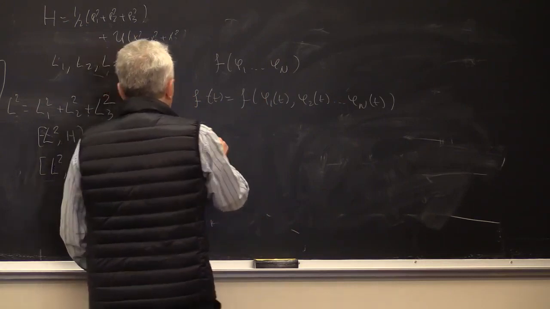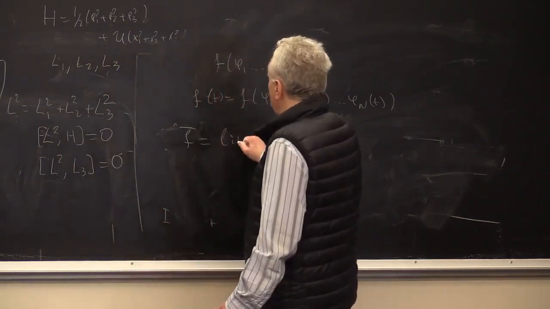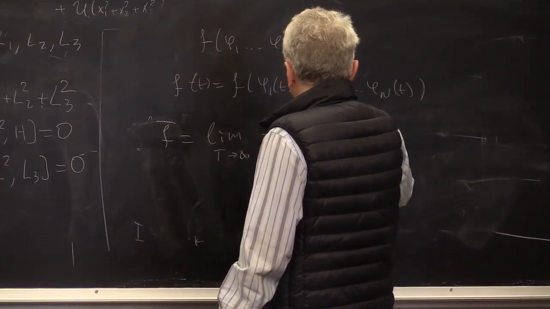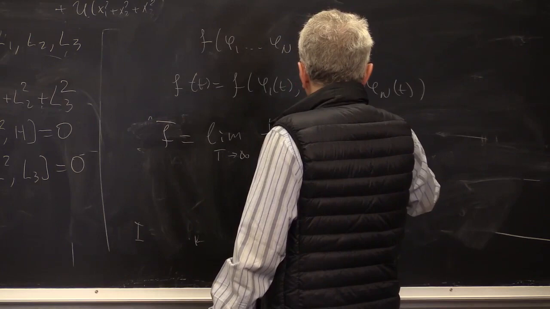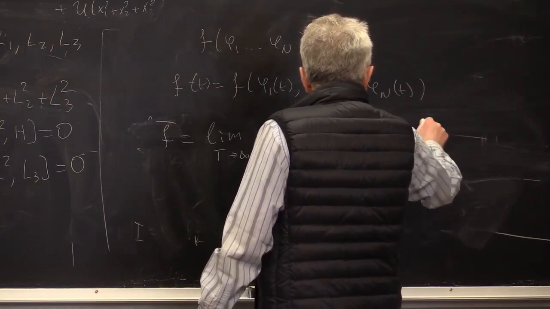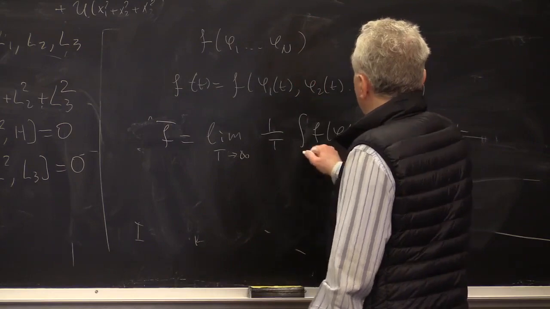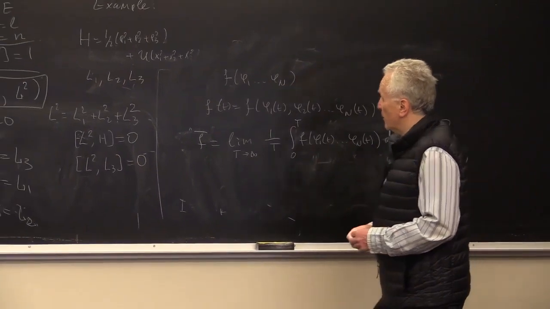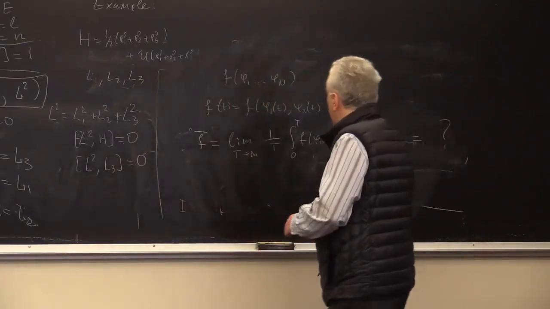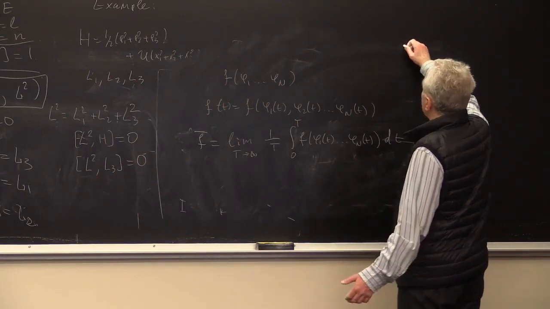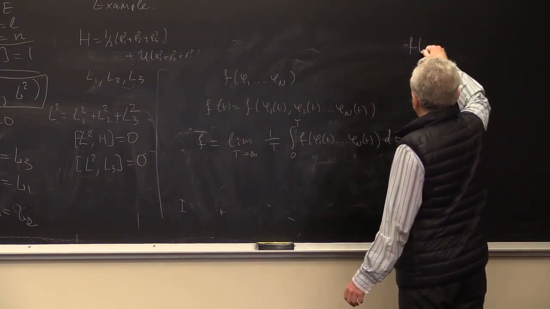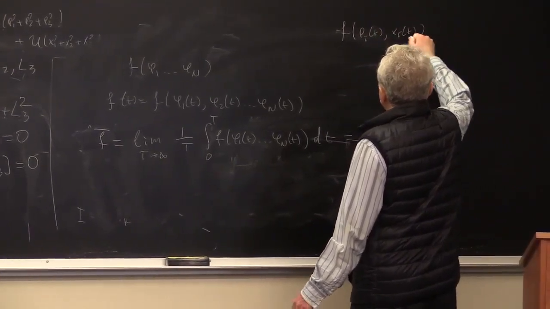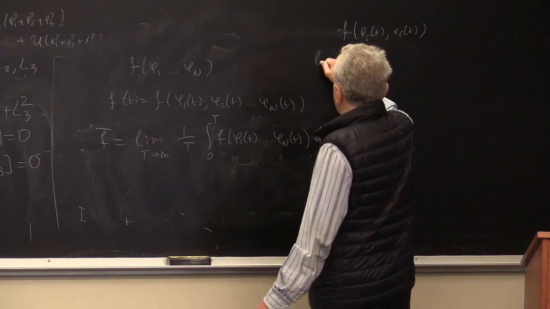We define the average in a very natural way. We simply take the limit t to infinity, 1 over t... More generally, when you have the phase space, an arbitrary phase space, you always can define time average. So you have f of pi of t and xi of t. The time average is